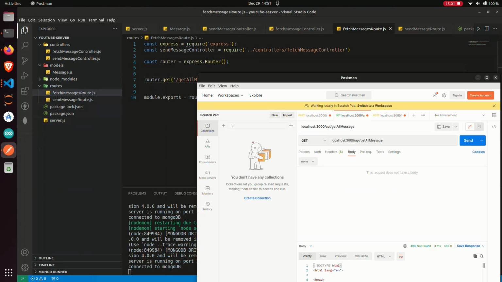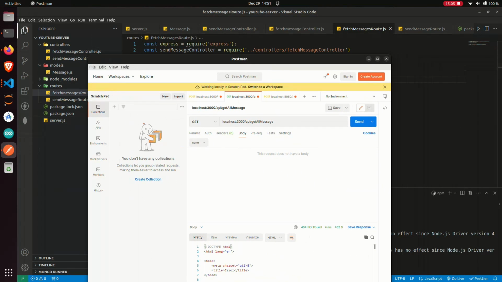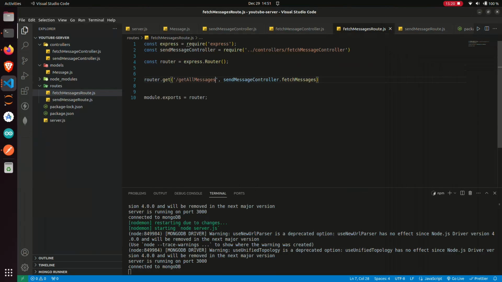Okay, get all messages. Let me go back to Postman. Let me try that one more time. And yes, now that we see everything's working, so our API is working. So now the next thing that we need to do is connect the Shopify application with this API